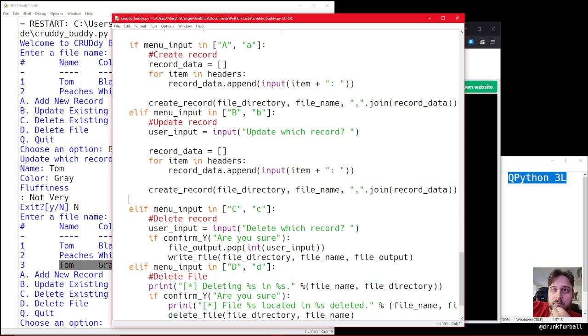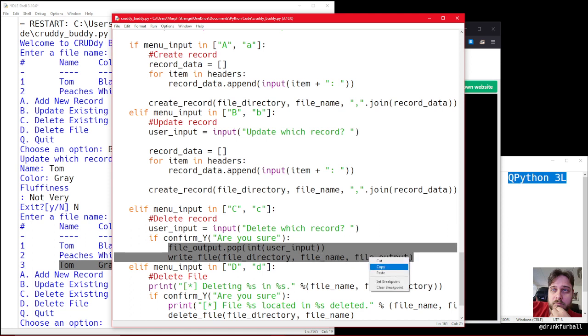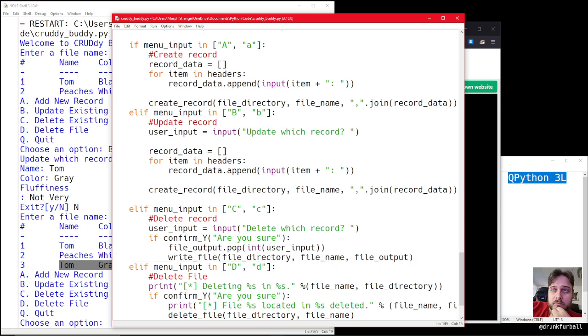Although our code here would still work for that. This would still, if we put this right here,